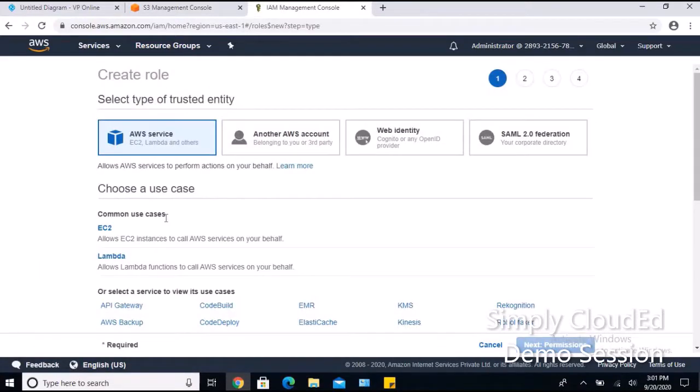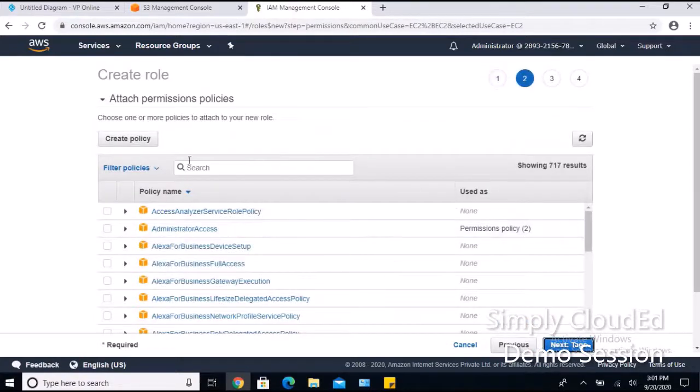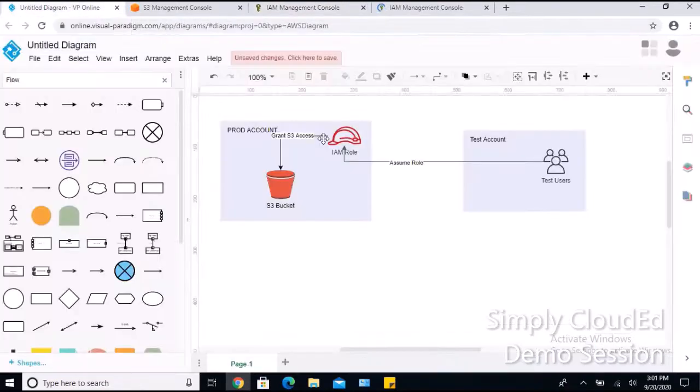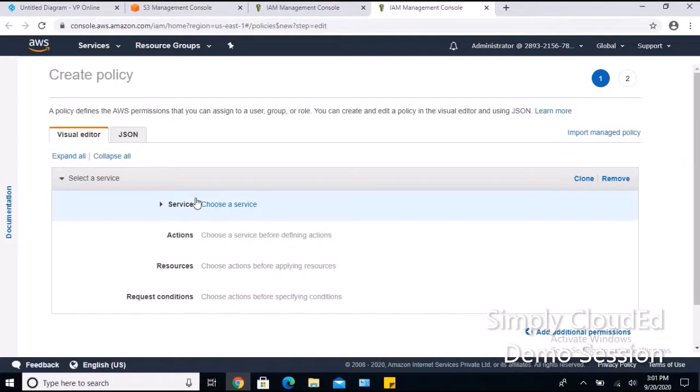Under IAM role, we are going to create it. I am going to set up permissions, and here comes the important part. Here I have to define in the policy section what actions this particular user can perform on the S3 bucket by using this IAM role. So under the IAM role we are going to define all these actions. There are two ways to create this policy. We can create it either by using the Visual Editor, or we can define a standard JSON template where we define the entire thing. To make this very simple, we are going to use the Visual Editor.